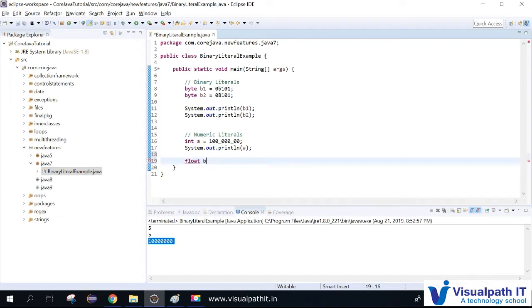Suppose float b, I'll be taking values like 10.5000f. Suppose I just have this value, I'm printing it before adding the literal. What will be the value?